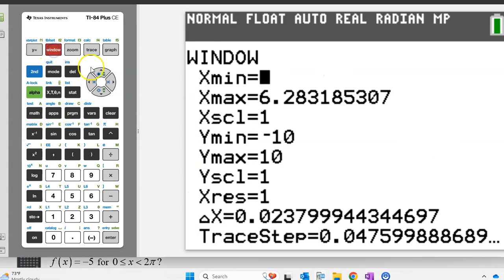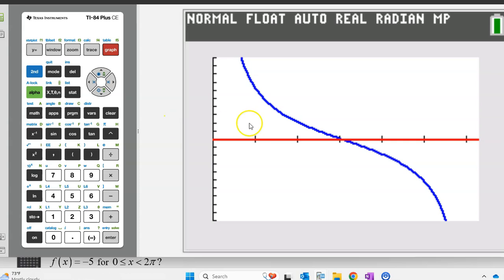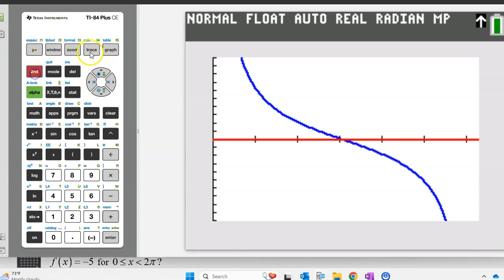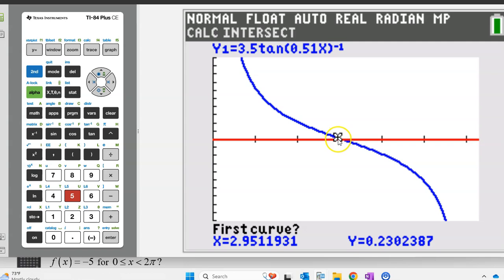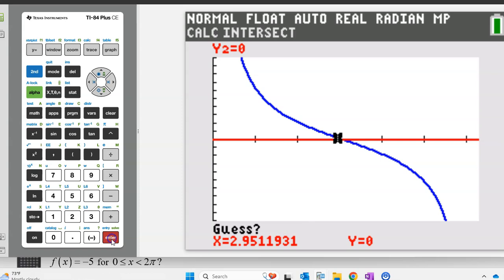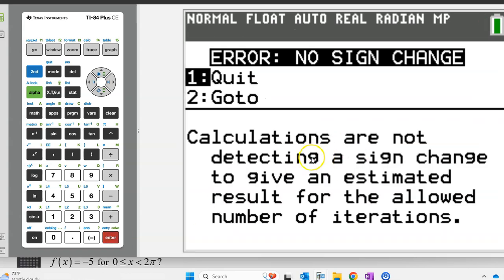Since we already have the window set to 0 to 2 pi, we can just go ahead and hit graph. Here's the 0 that we are looking for. Let's find the intersection point by hitting second trace, option 5, move the pointer close to the point of intersection, and hit enter 3 times. Enter, enter, enter. Okay, I'm getting this error, and instead of just re-recording this part, I want to show you